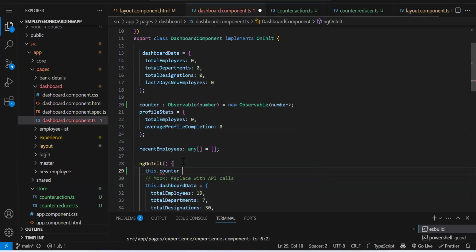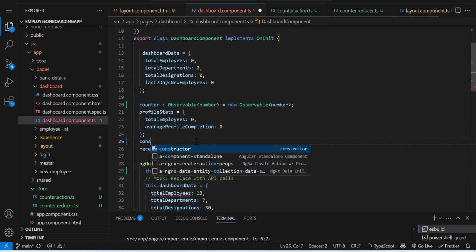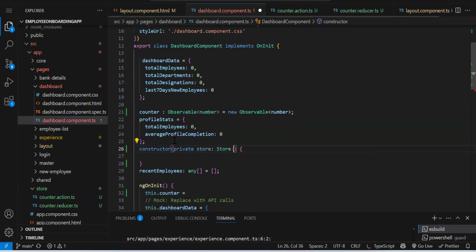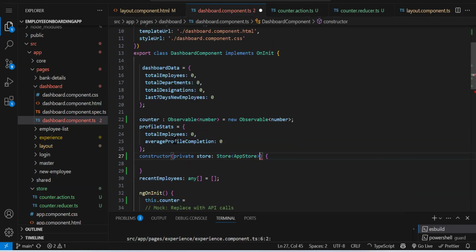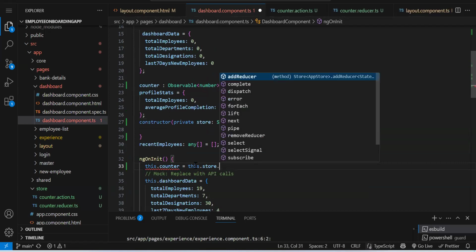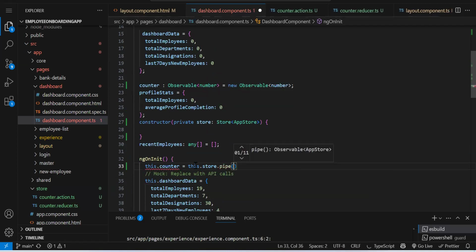This.counter. Okay, we need to inject our state also. Private store, our interface name. So this.store.pipe select and our store name, that is count.